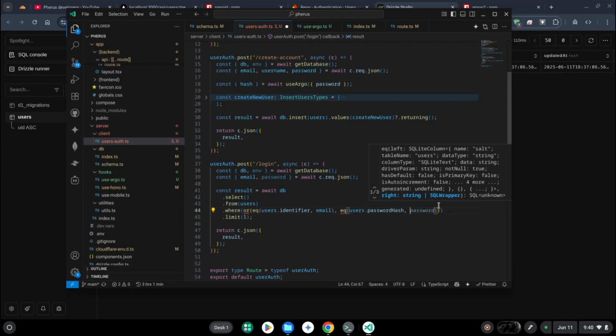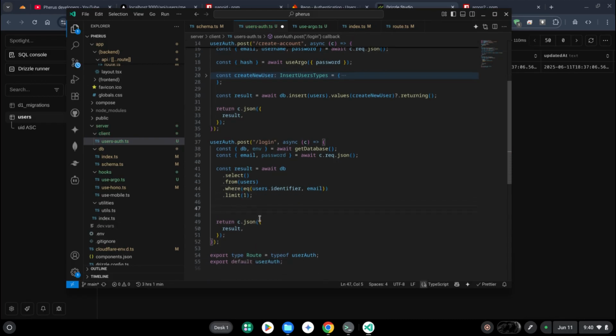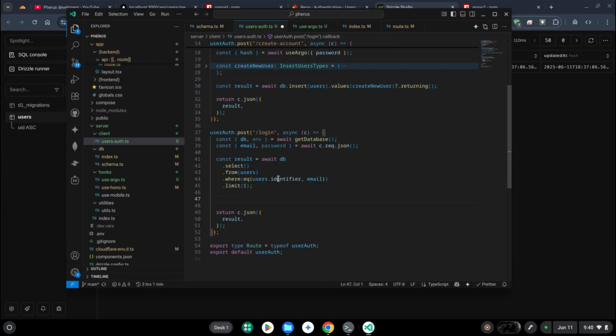Interesting. Here's an interesting dilemma. Okay, if this matches that, we can now confirm the password. So we can confirm the password by verify here and await